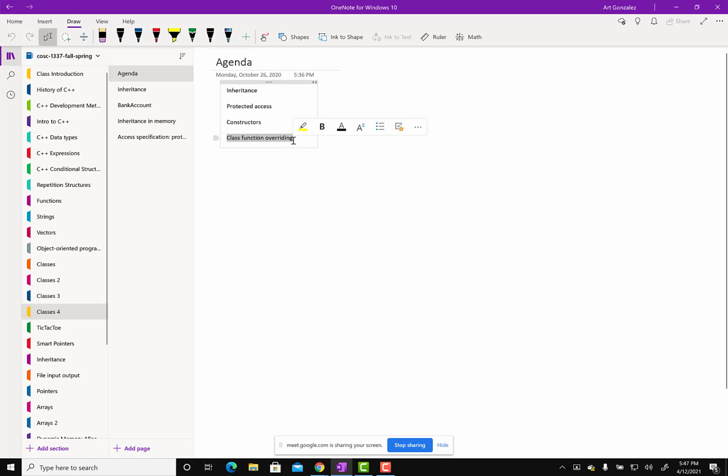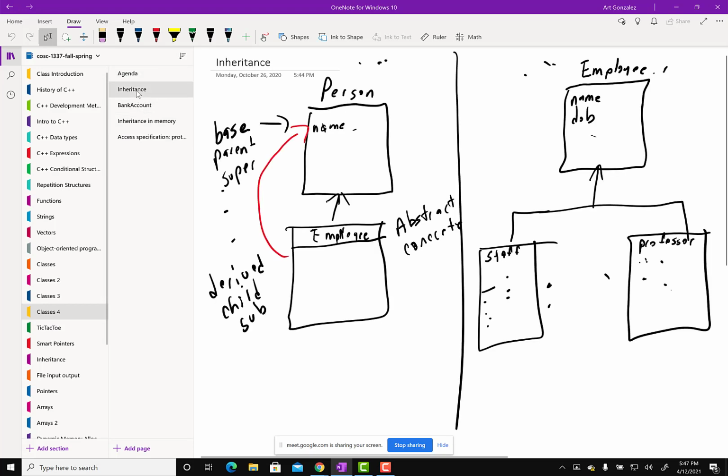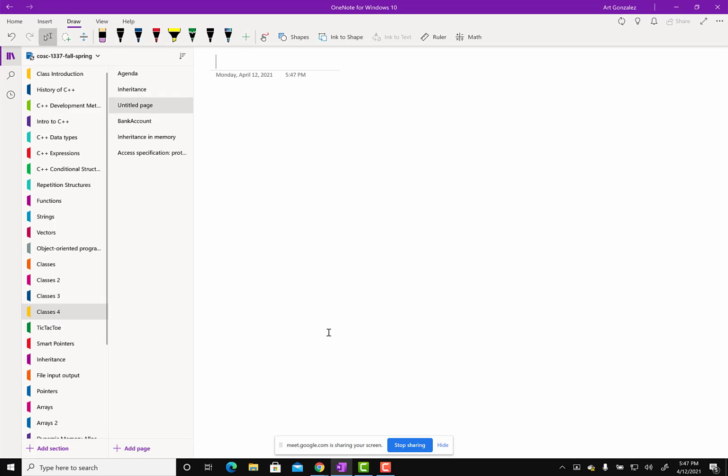Okay, so if you have a photographic memory, then you already know what I'm going to talk about with that previous image. If not, then I'll still talk about it, right? So we go ahead and talk about our bank account class, and we've been developing this class for a few weeks, right? We have bank account,